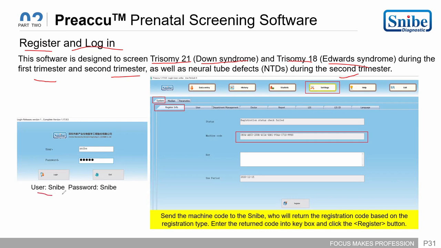In the first step, you go to the login screen, where the user is Snibe and the password is Snibe. Once you have logged in to the system, you have a screen of data entry, history, statistics, and settings. You have to go to the system and then reagent info. First, you have to go to the setting. Then you have to send the machine code. So this is the machine code area where you have the register info. So you have to send this